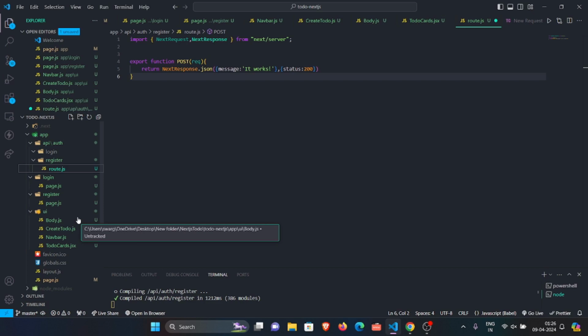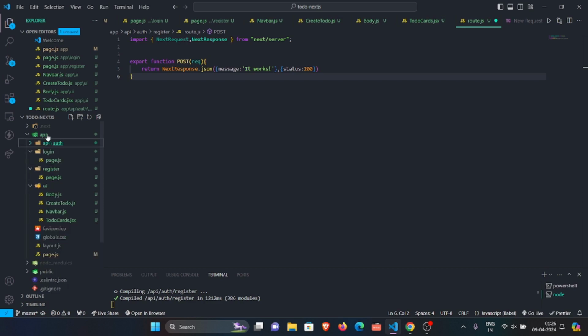For storing the data, and actually for storing the user as well, we need to create a user model based on which the user should be stored in the database. So here in the app, not in the API directly, we can create a folder called models, right? And here we'll be defining the models. There will be the user model,